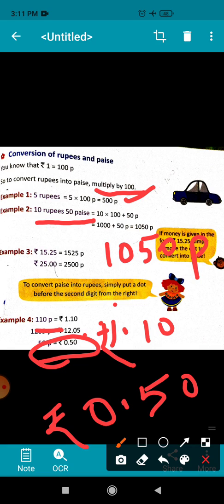Please do practice, watch the video carefully and learn how we are converting rupees into paisa and paisa into rupees, and how we can read